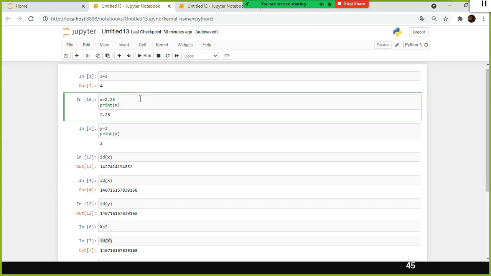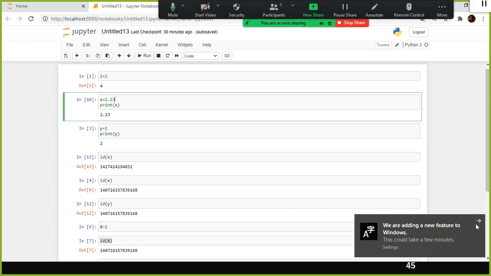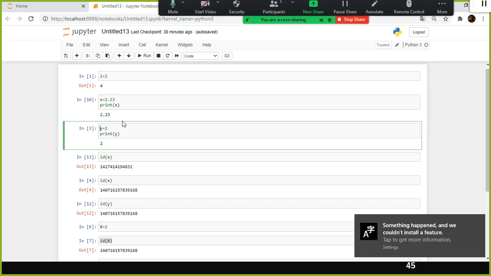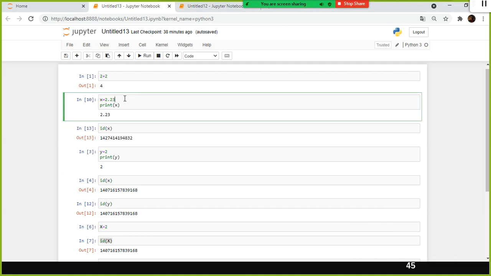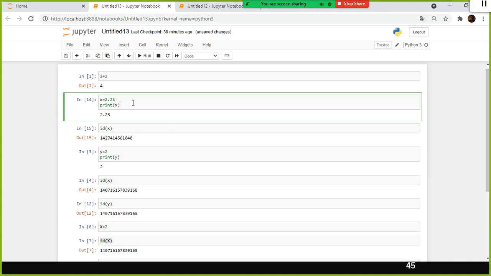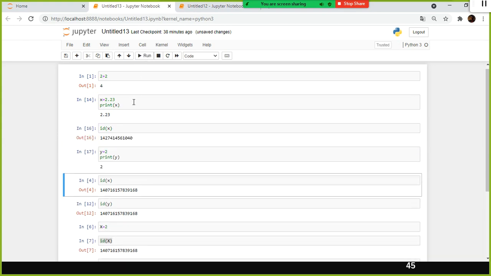Similarly, the 2.23 is different from 2. Hence, this value got stored in a different part of the memory, right? Because this 2.23 is not the same as this one. To validate that, let me execute this one again. So now the address got changed, because I reassigned it again. When you execute it, it gets reassigned. Now this location is different.